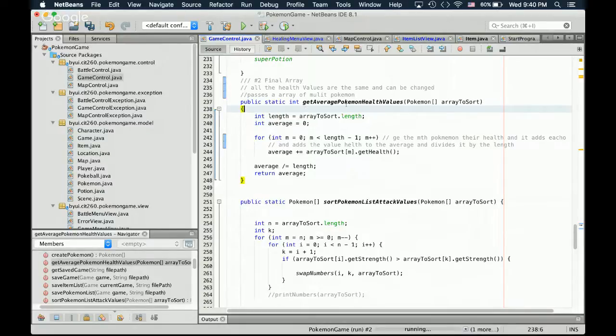This get average Pokemon health values is going to be sorted, and this equation right here says that for every nth Pokemon, it adds each of the health values to the average, and then once it's done getting each of the Pokemon's health values, it divides it by the length. So the reason this is an array is because they're the same type and they can be changed once it passes through. For an array list,